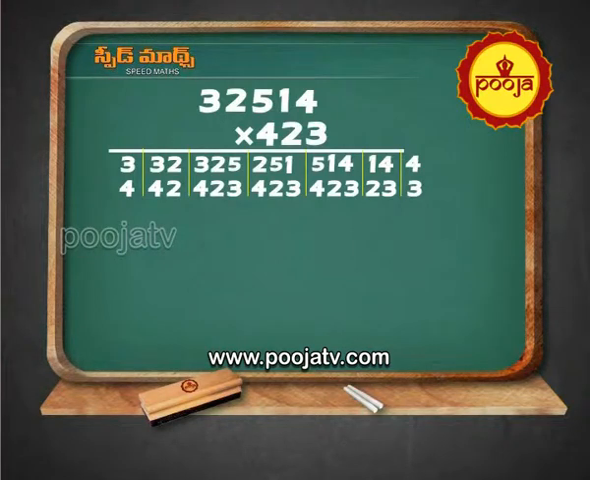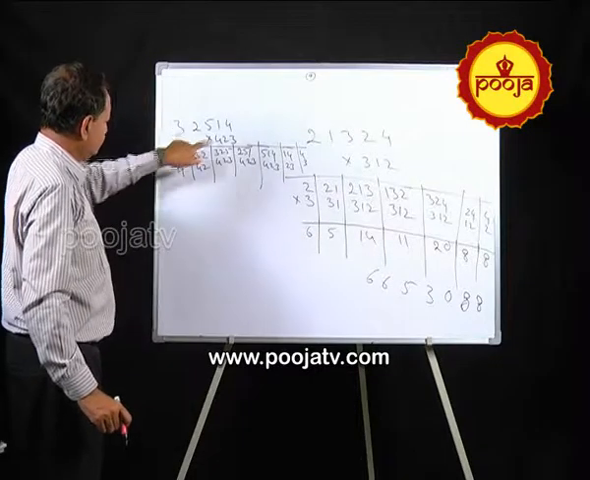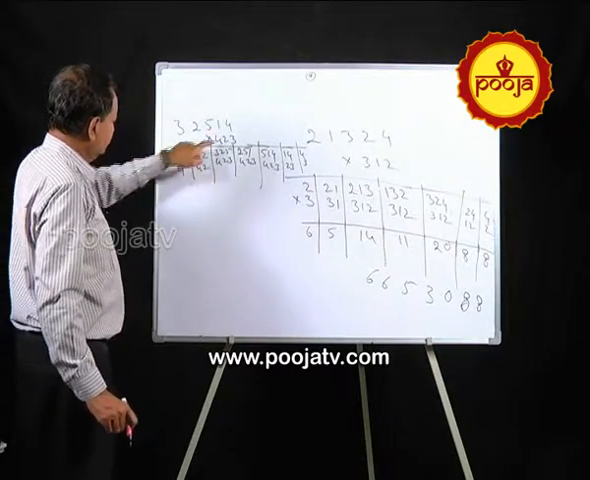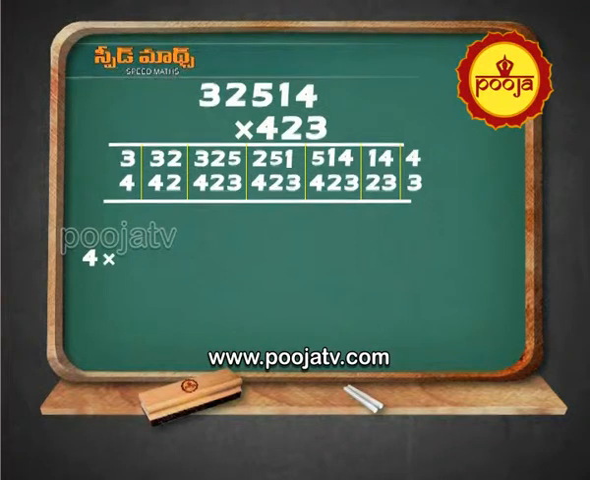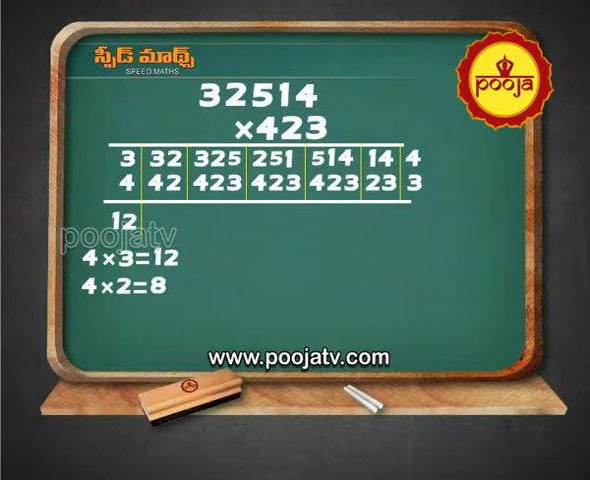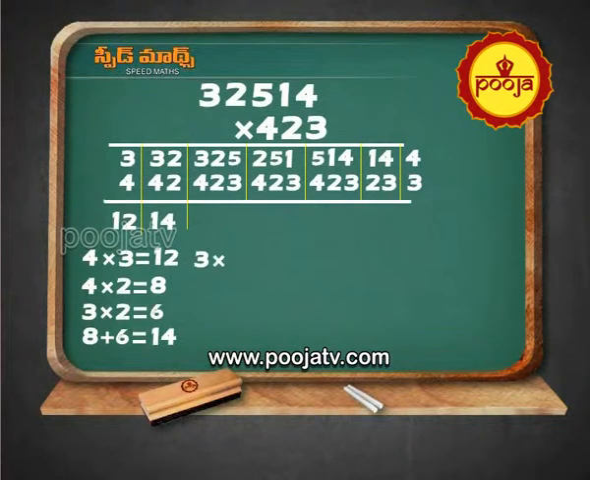Next 4 into 3. I am telling you again, 3 into 4, right? 32, 42. 251, 423. This will go off. 514, 423. This will go off. 1423, 43. Like that you have to practice it, then immediately you will get the answer. Now 4 3 is 12, okay. The cross multiplication, 4 2 is 8, 3 2 is 6,